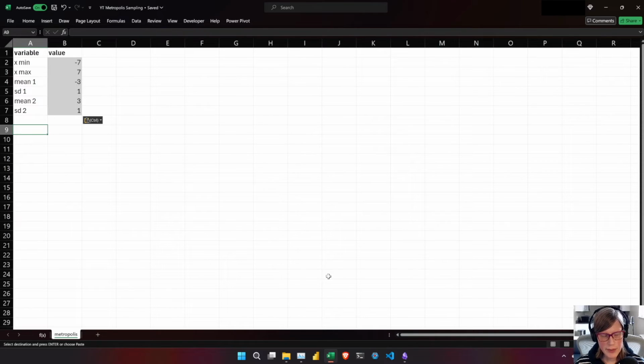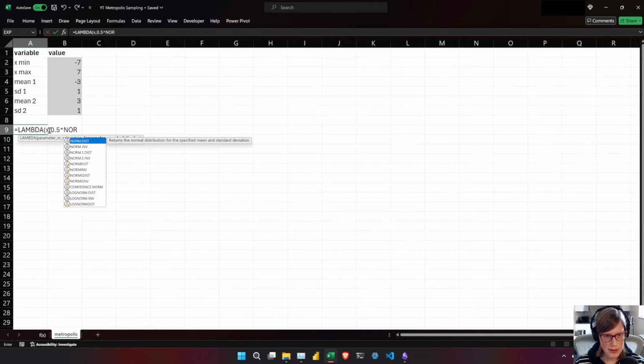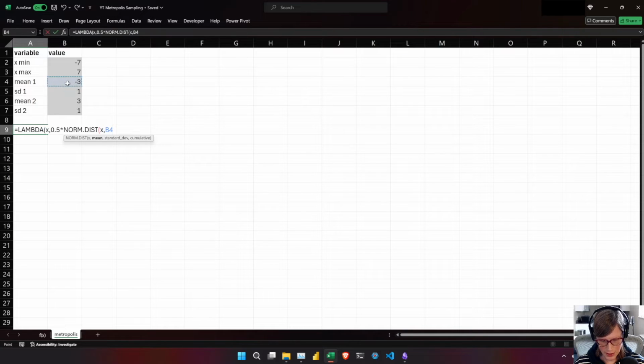So the steps to create a LAMBDA function are to create it on the grid here and test it to make sure it works, and then create it in the Name Manager under the Formulas tab. So here we go. It's LAMBDA, and it's going to take one parameter, x, and then it's going to be 0.5 times NORM.DIST of x, and the mean, we'll have it reference that cell, and we'll do the standard deviation, have it reference that cell, and then we want the probability mass function,